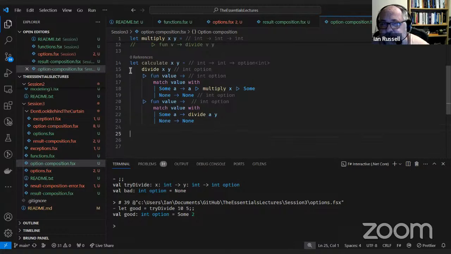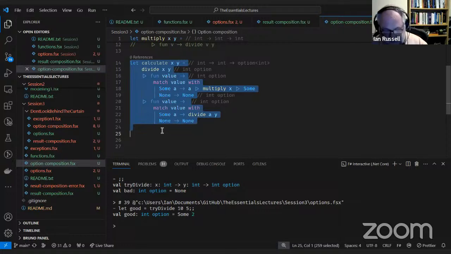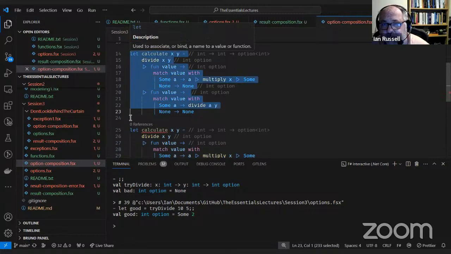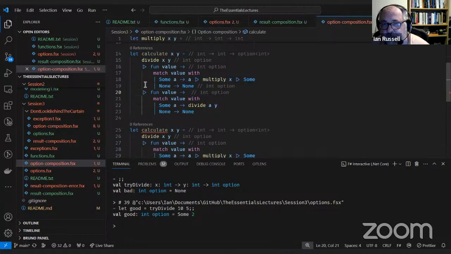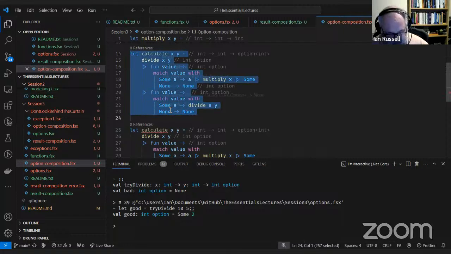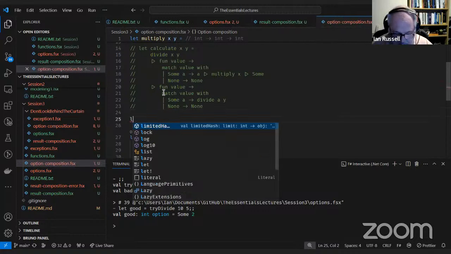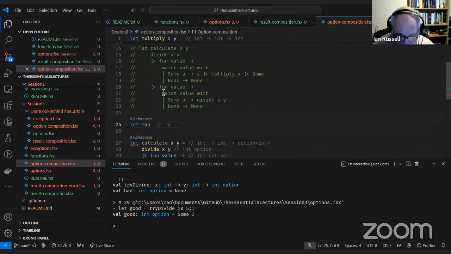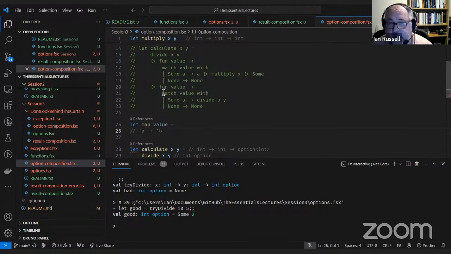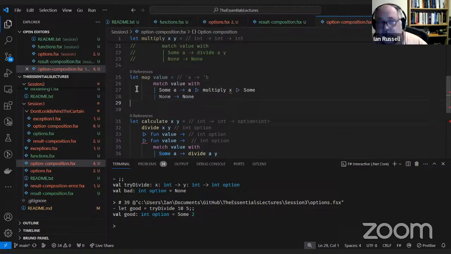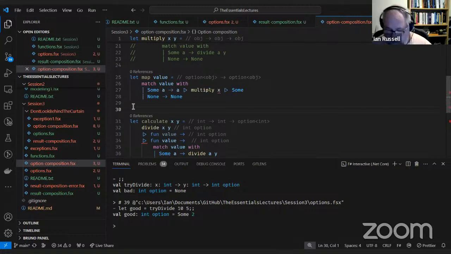Again, what I want to do is I want to do exactly the same as I did previously. Comment that out. So again, I want a map. Bind again.